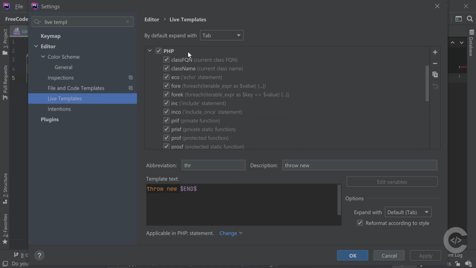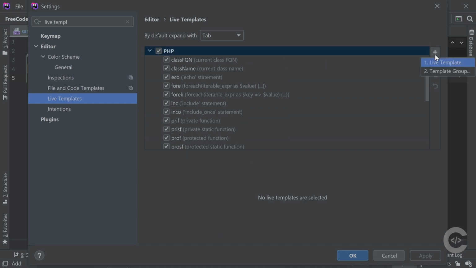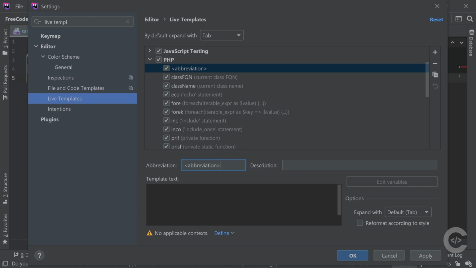You can have a look on your own, but we can create new ones from here, live template, and you call it what you want. For example, dump, and in the template text, I will just print, for example, echo. So I'm going to create var_dump, and the cursor must go right there. So this END defines the cursor, and down below we have echo pre in this way,